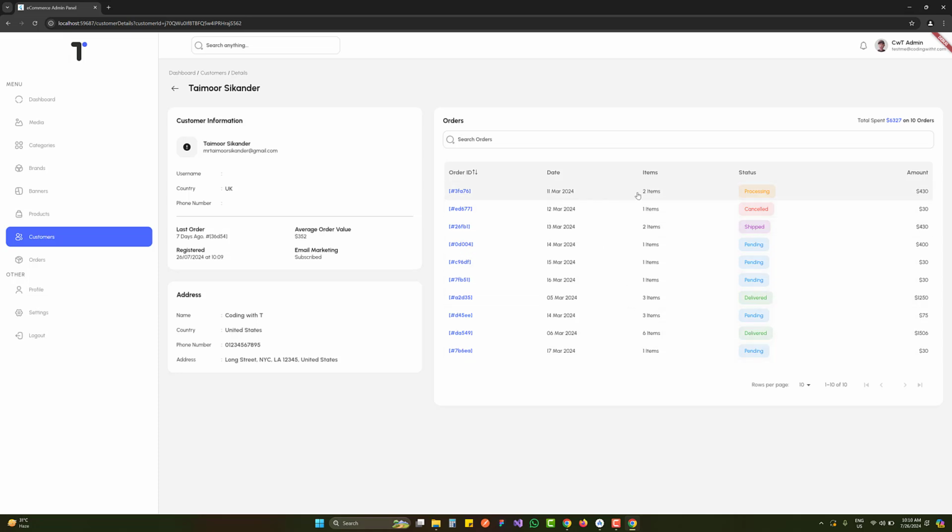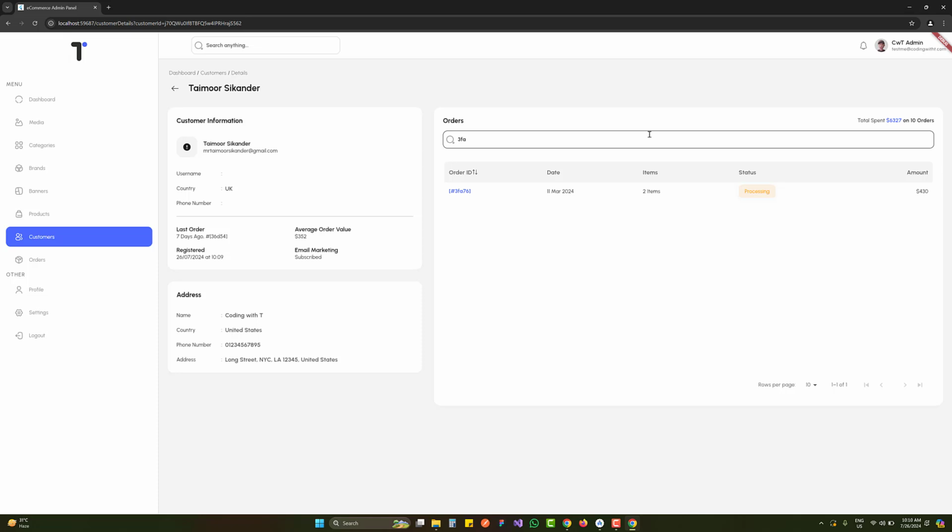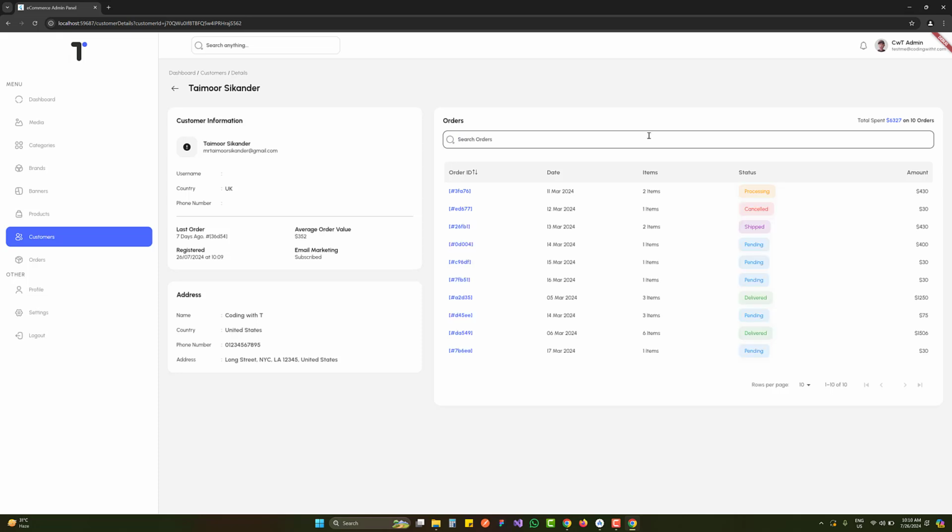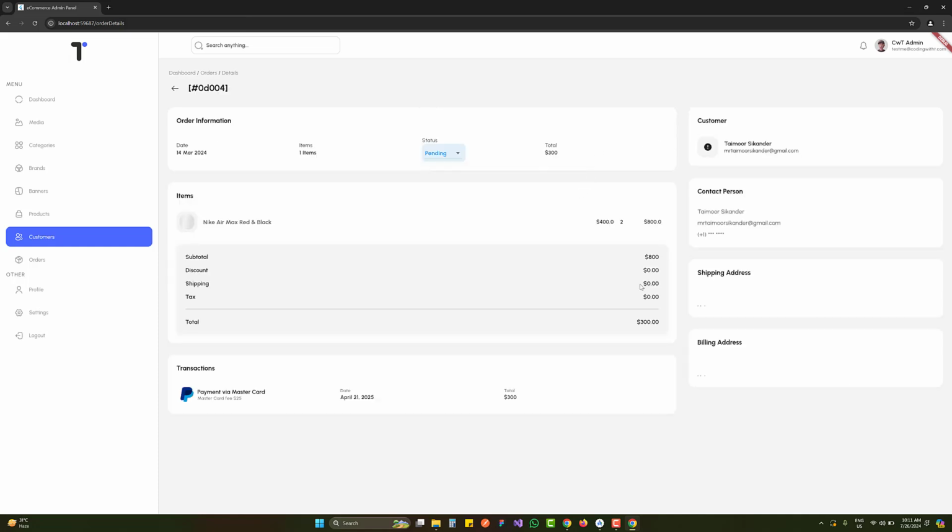that we are looking for. So let me click on, but first let's try to search something. Let's try to search the first one, which is 3F. Okay, it is working. Search is working. Let's do the sorting. Sorting is also working, I guess. I think the sorting should be on this date time rather than on the order ID. So we have the order total spend on 10 orders. We have 10 orders. Let's click on any of the orders and you can see we can get all the details of this specific order. The order details and the orders screen was created in the previous tutorial.